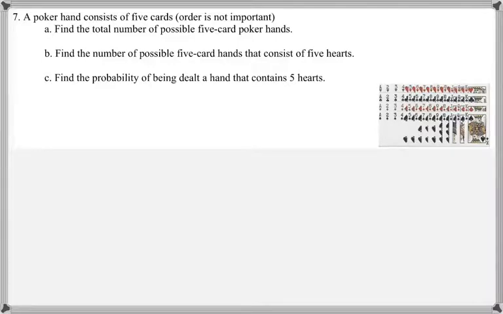A poker hand consists of 5 cards. The order is not important, so we know this is going to be a combination and not a permutation. So part A says, find the total number of possible 5-card poker hands. So we have 52 cards total, and we are choosing 5 of them. And this is equal to